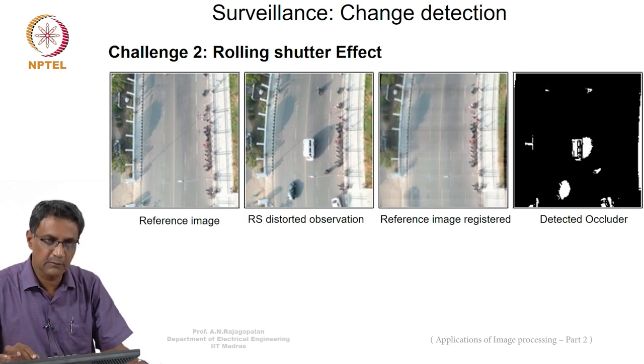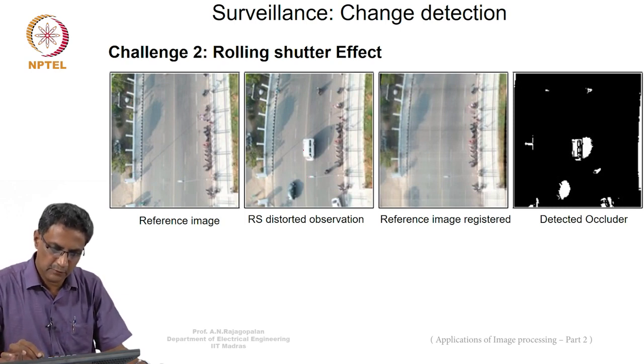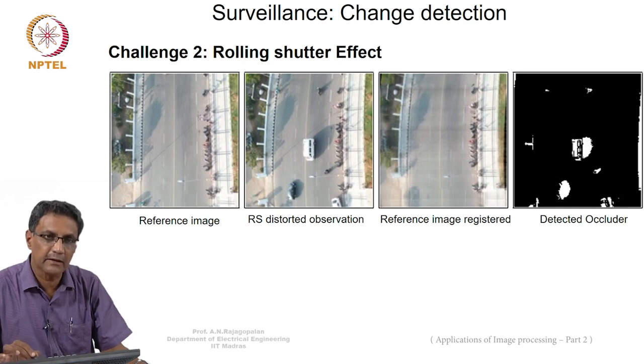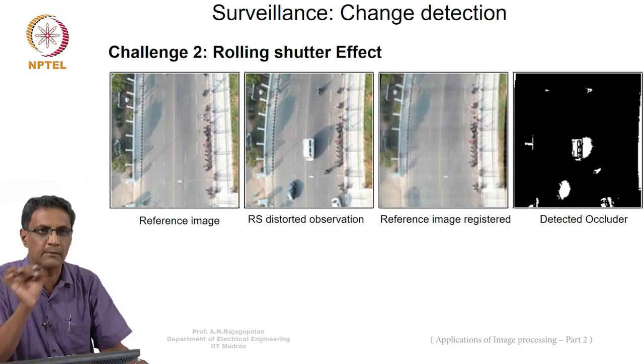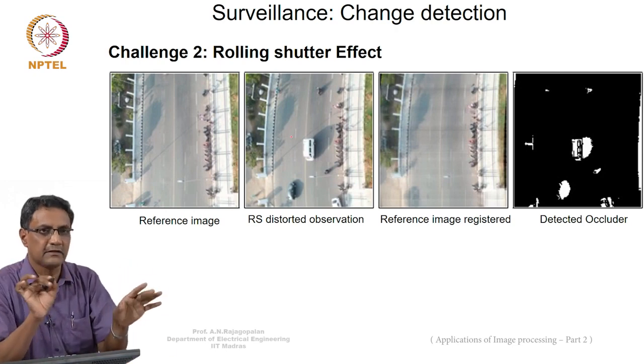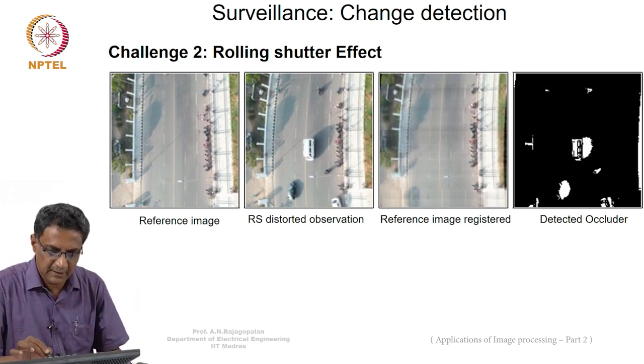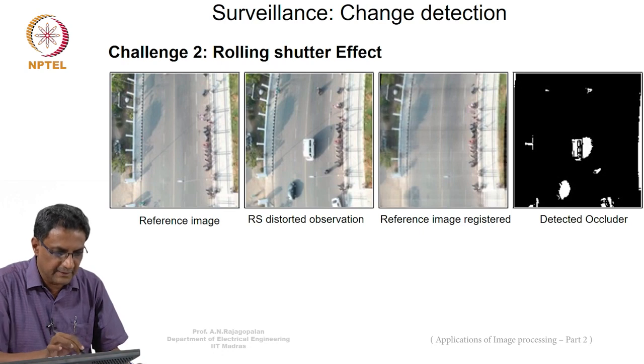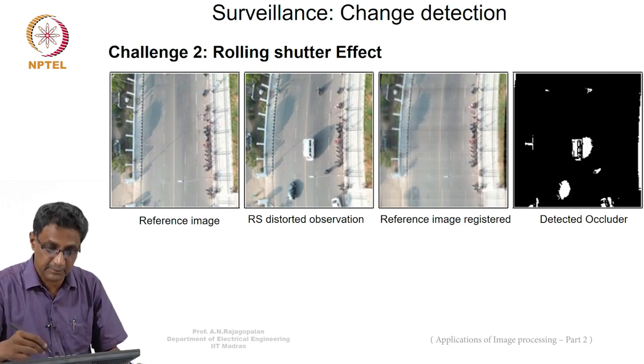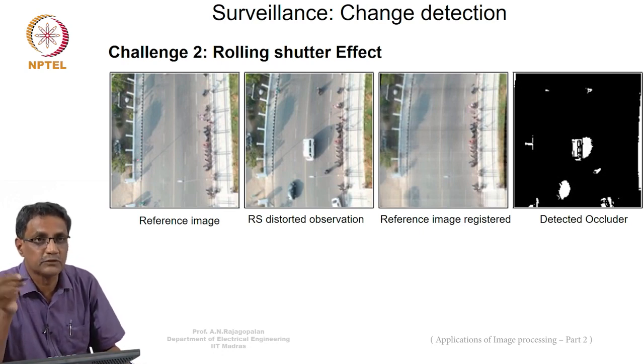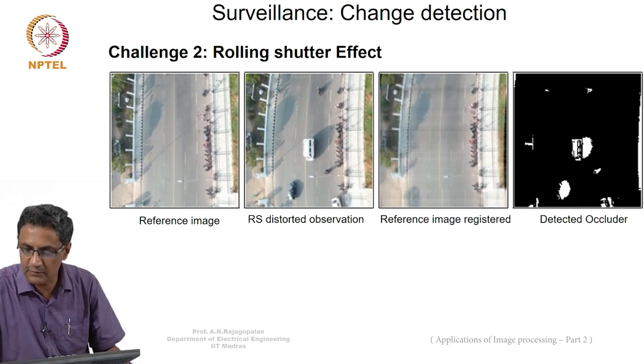When you took it with a moving camera, of course there is this van that has come in, which is a change. But then you also notice that this guy has become bent now. Now, if you just subtract, even if you say that the camera motion is very small, can I just go ahead and subtract? What will happen is, it will say that somebody relayed this bar. You will think that somebody actually changed the bar itself, which is wrong. What has changed is only this guy.